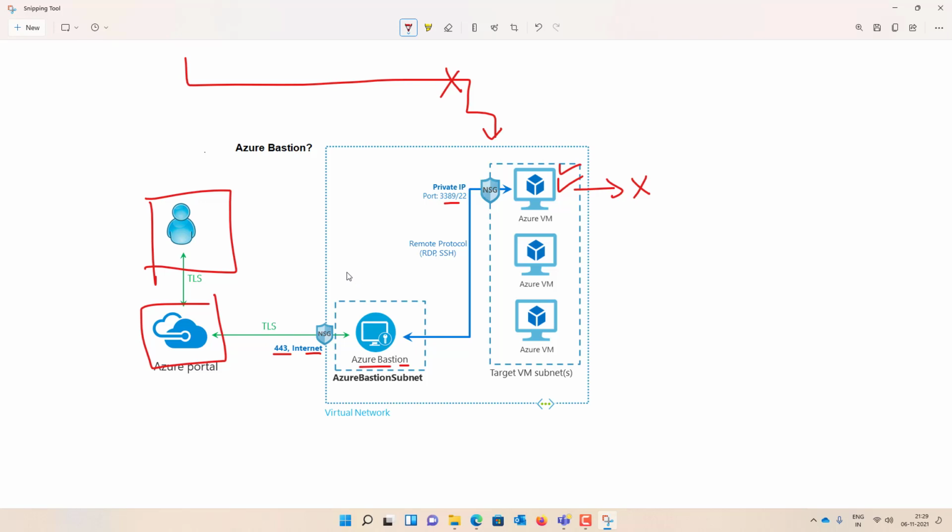From a SKU perspective, they have two SKUs, basic and standard. I'll give you the technical difference between basic SKU and standard SKU.